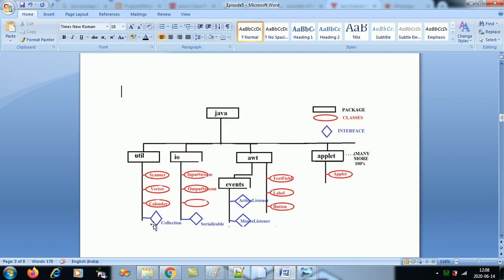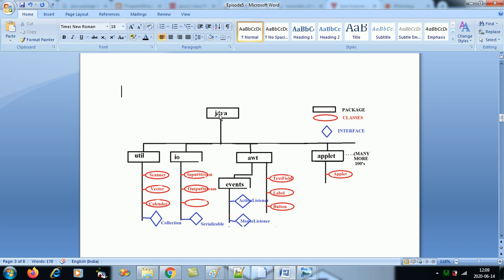So this is how Java stores your classes and packages. The main folder is named java, and if you observe, whenever Java names the packages, it uses all small letters. There is not a single capital letter in the package name.